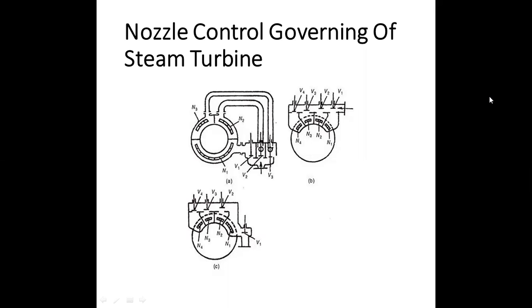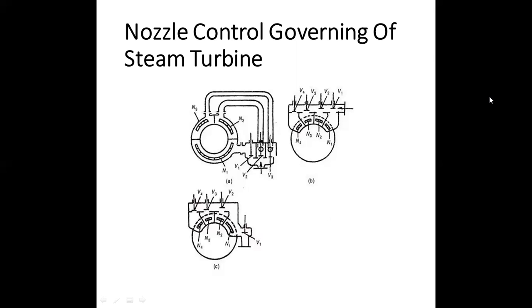Actually, nozzle control governing is restricted to the first stage of the turbine, whereas the subsequent nozzle area in other stages remains constant. According to the load demand, some nozzles are in active and others in inactive position. Suppose a turbine holds 10 nozzles. If the load demand is reduced by 50%, then 5 nozzles are in open condition and the rest are closed.